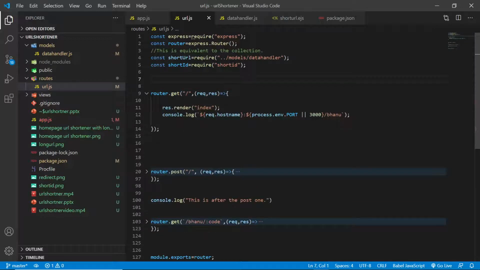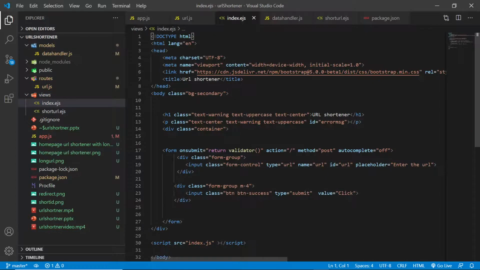Okay, now here we are saying router dot get. So whenever the user goes to the home page, we're just rendering the index page and console logging some information. We're just sending back the index which is inside the views. This is something we are sending back to the user.